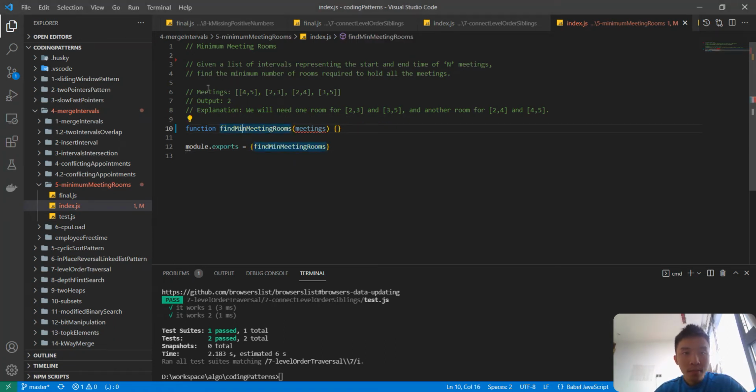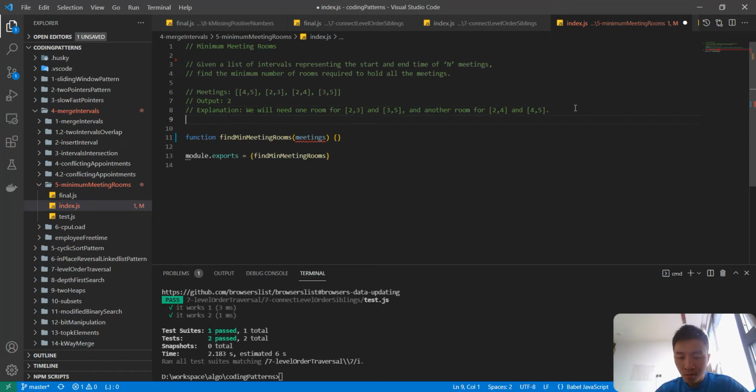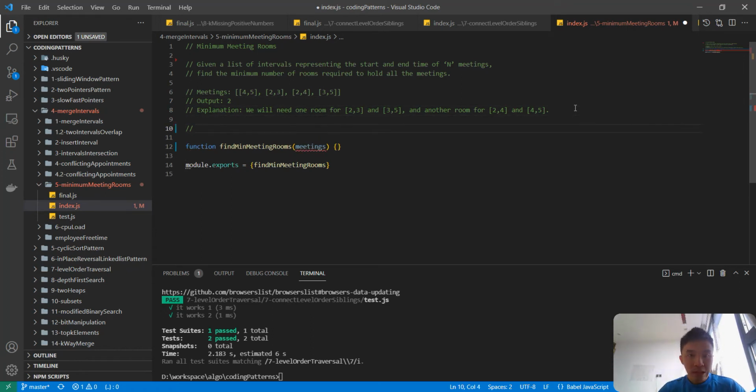So we have a list of meetings, right? There are 4 meetings in total, in an arbitrary order. So we should return 2 for the minimum number of rooms required to hold the meetings, right? So in order to see it clearly,